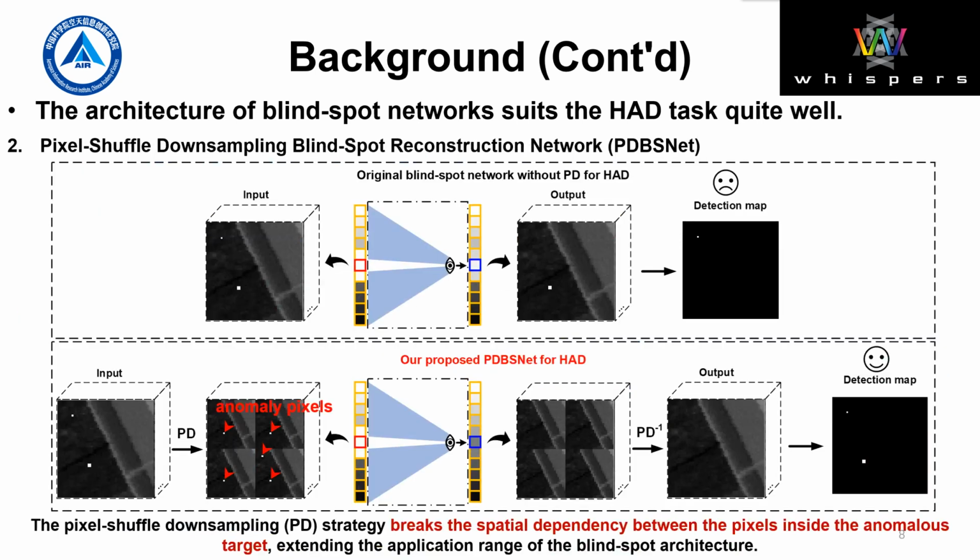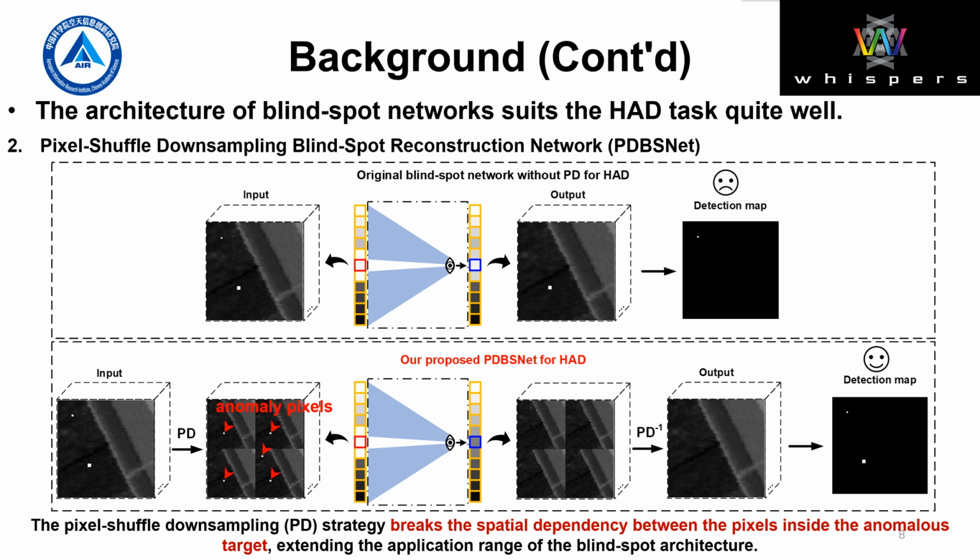Afterwards, we found that the original blind spot network shows excellent performance in the anomaly detection task for small-sized subpixel targets. However, the pixels inside anomalous targets with a certain spatial size have small spectral differences, and therefore the original blind spot network will easily reconstruct the large-sized targets, which increases the probability that anomalies will be predicted and leads